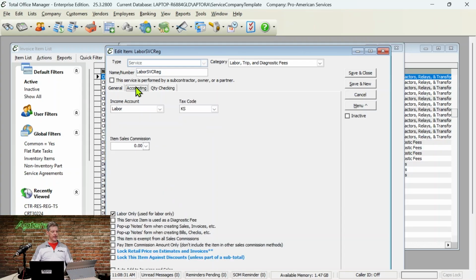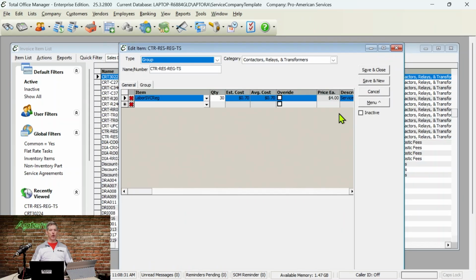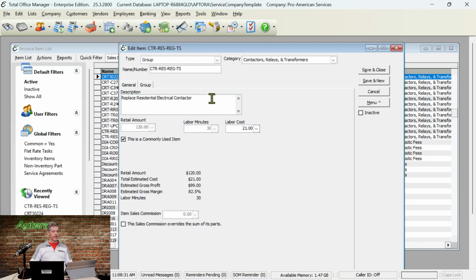If you go to the accounting tab, the income account is labor. There's no cost of goods sold account because that happens when we process payroll. That's how I set up my labor, and I have one of those for regular, and I have one for overtime. I also have one for residential, one for commercial. Now, the only thing remaining to do in this task is to add the part. So this was for a contactor, and I just need to add the part to that contactor,